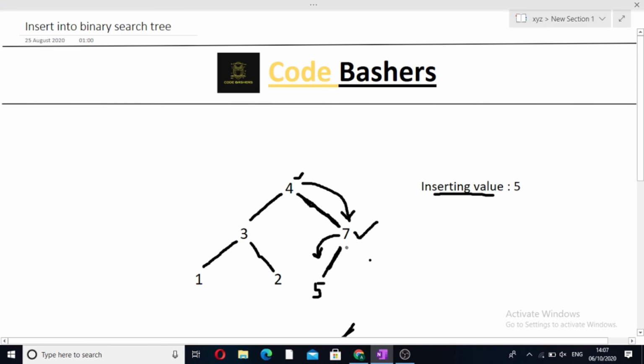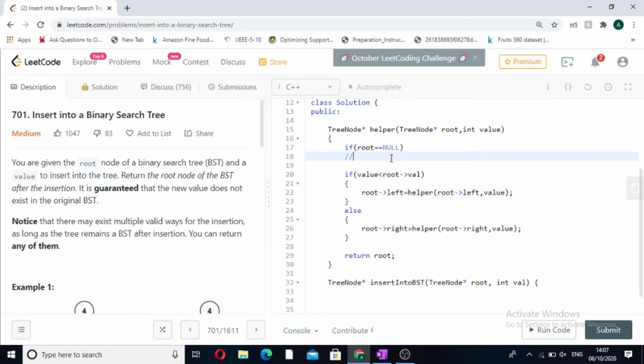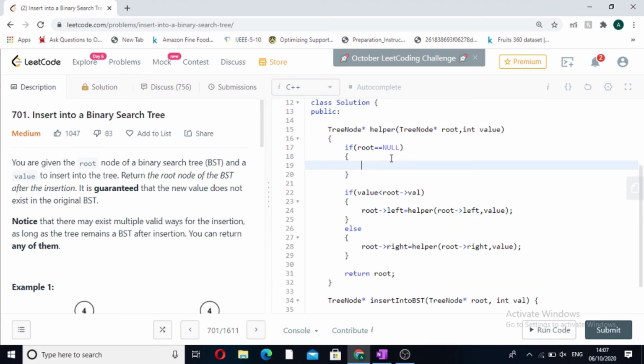Here we can see that 5 is less than 7, so we make a call on the left side. But we already know that this left side was null. So when we encounter a null, we first form a new node.